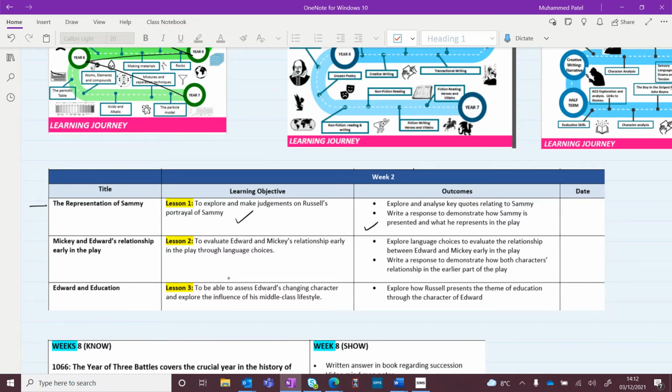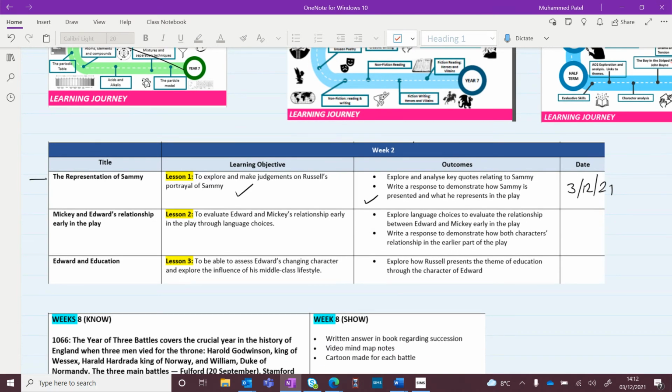And then what pupils will do is that they have a contents page. So if he's completed this on the 3rd of December, then he'll write in there the 3rd of the 12th, and that's 2021. And in this way, the first page in their book serves as a contents page, and they can actually find exactly what they're looking for. And this is really useful when it comes to their revision for the end of topic or end of term